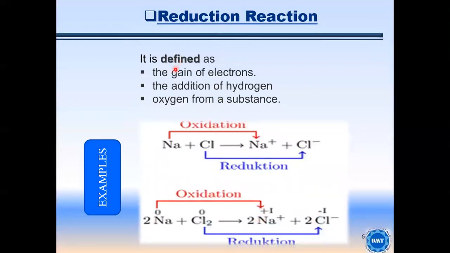Reduction is defined as the gain of electrons. It is the opposite of oxidation, so there will be removal of oxygen and addition of hydrogen. This is chlorine, which gains one electron, so it becomes an anion. By gaining one electron, the charge will be negative. Chlorine in the elemental free state has 0 oxidation state or oxidation number. When it gains an electron, -1 will be the charge, meaning the oxidation number decreases, so reduction occurs on